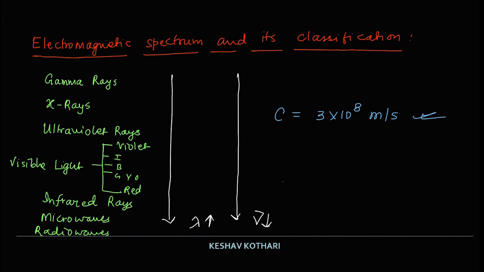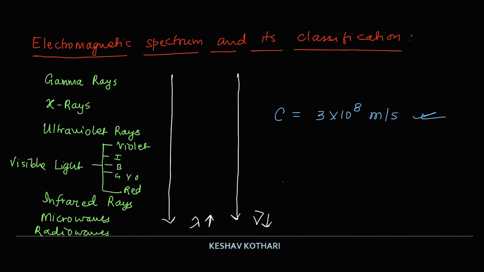The next one is they exhibit the properties of reflection and refraction. In refraction, when an electromagnetic wave passes from one medium to the other, there is a change in its direction of travel, speed and wavelength, but its frequency remains unchanged. So on refraction, the frequency of electromagnetic wave remains unchanged. The other parameters, that is its speed and wavelength, will certainly change.